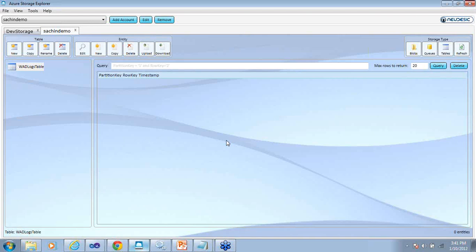Now, I started the logging here, and whenever I access the same page, and if I keep accessing it, I should see some logs in my table. That is the intention. So this is the interface tool available for accessing the tables in Windows Azure. Similarly, you can see blobs. You can create multiple blobs, files, and all those kinds of things. It is a very good tool to use once you start development, a good tool to start with.